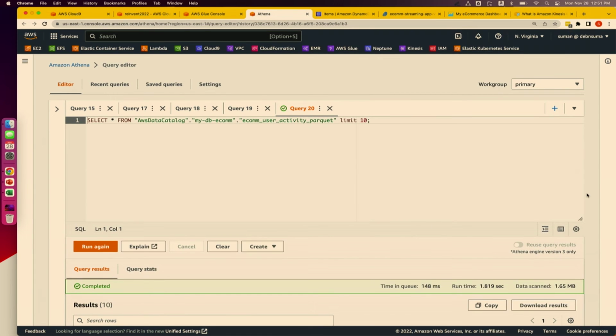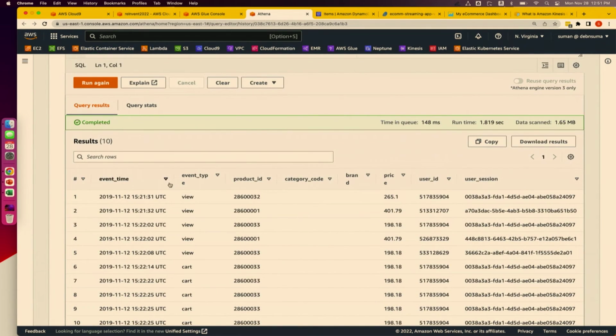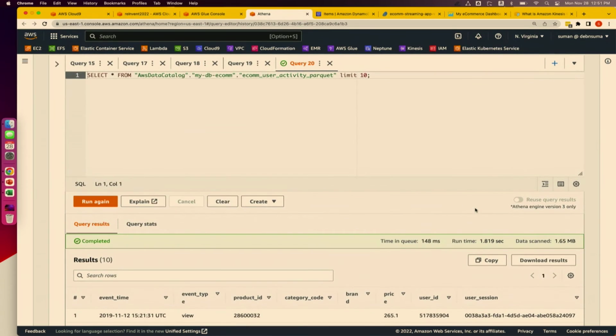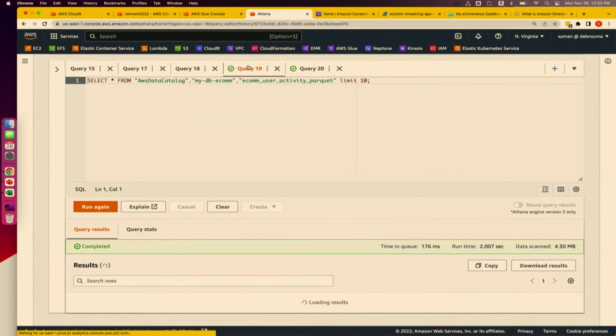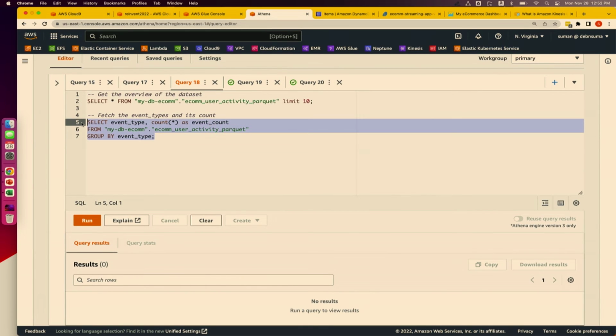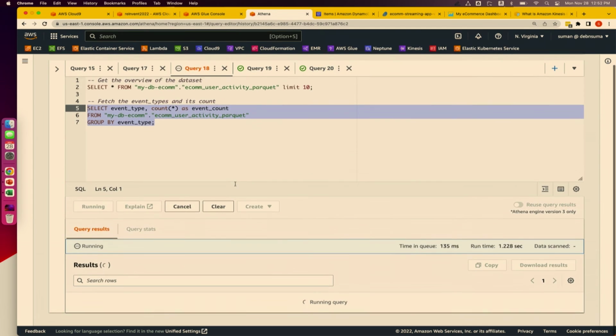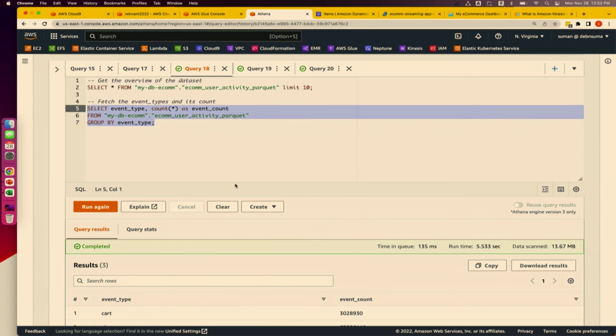If you see this here, we can query that data, and we are able to see the real-time data with timestamp and the event types and all of those other details, right? Now we have the raw data. What we can do next is run a lot of queries. For example, let's say we want to see what are the different types of events that we have. We can simply run event type, and we can count how many